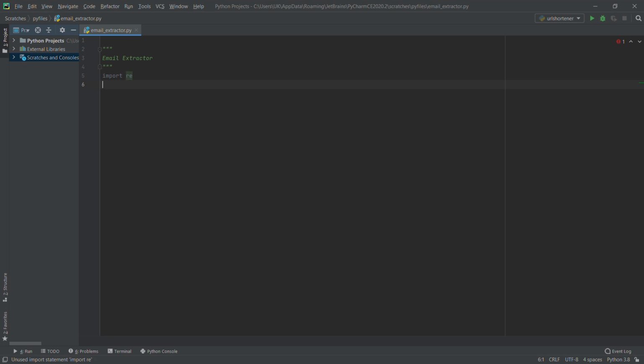After importing re, let's say I have a sentence, and we know a sentence is a string. So let's say I have an essay here. The variable name will be essay, which is equal to